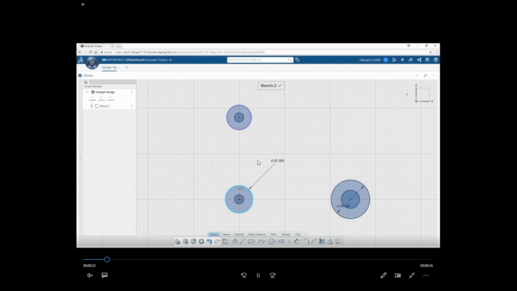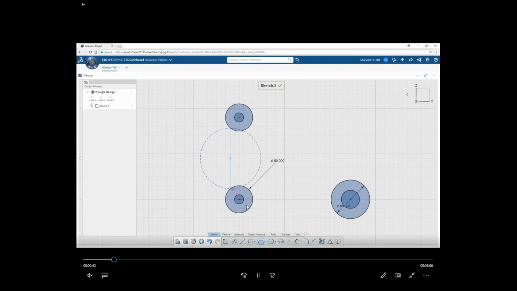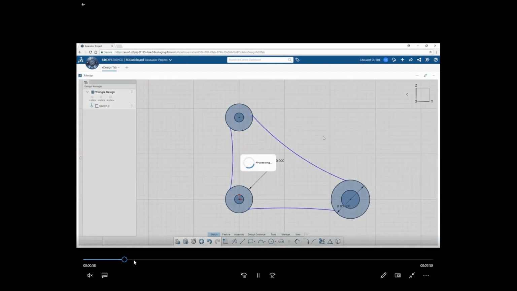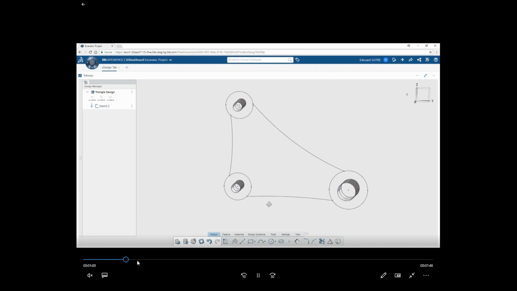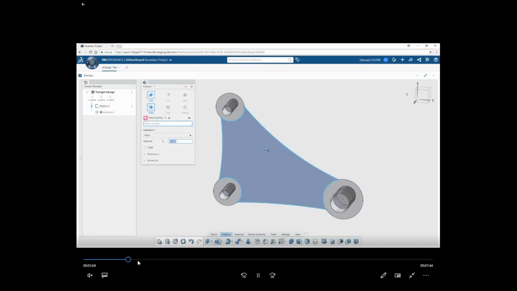You can give the dimensions on the web, and you can constrain your own sketches, and you can create your own profiles as per your design requirements. Then I will use the part modeling by creating the solid on top of it. If you observe here, I am completely doing it on the web.